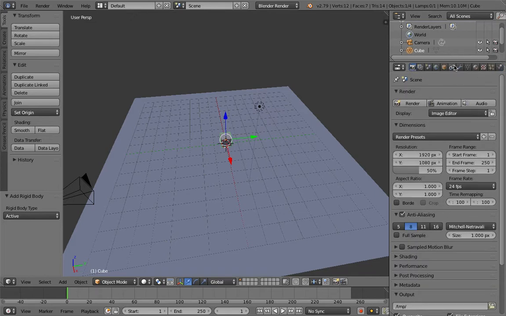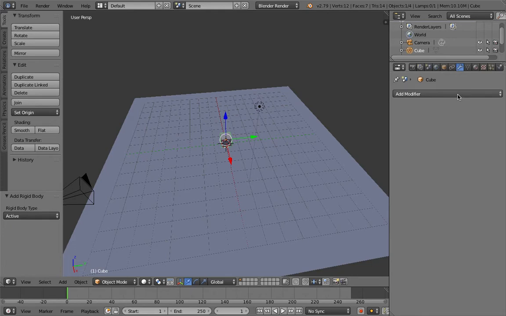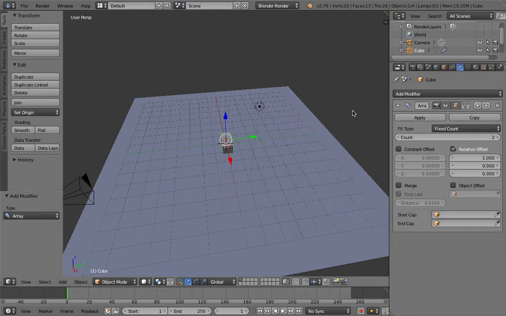what we need to do is go on modifiers, add an array modifier, 8, and with 0.020, so there's a little bit of offset, otherwise it would just explode everywhere. We also want this to be minus, and